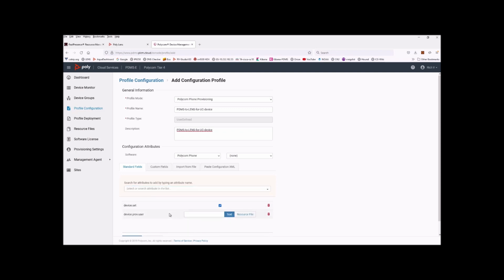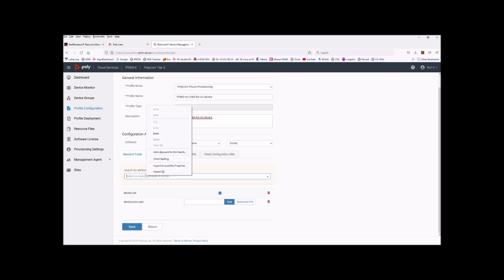Device provisioning user. And then we also need the set parameter for device provisioning user. Check that box.